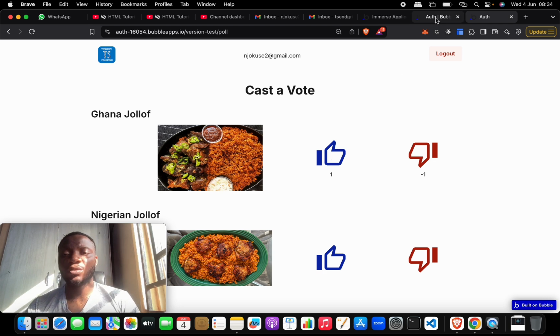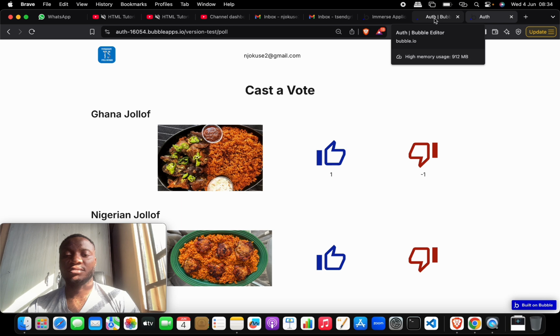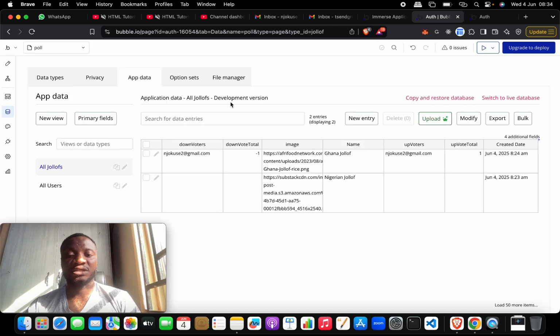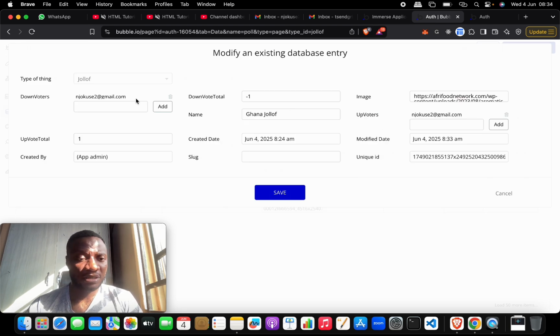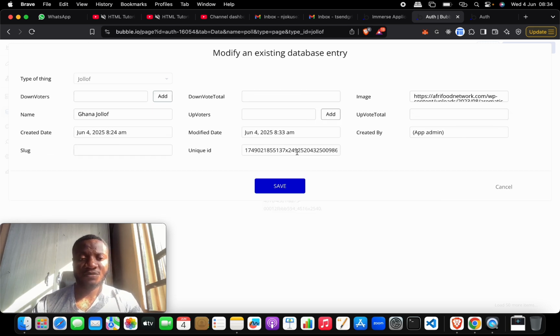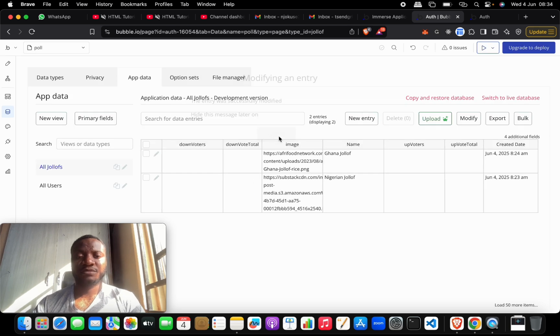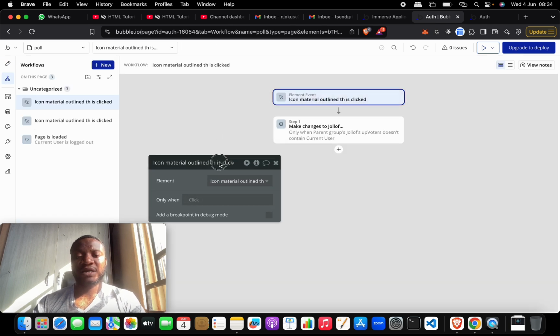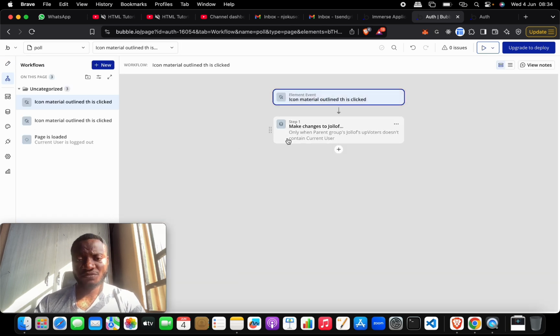All right, so let's go back. We'll also go and clear off what we have in the database. So here in the Jollofs, we'll go back here and then we want to clear, and also clear here. So let's go back to here and redo our workflow again. So coming back here in our workflow,